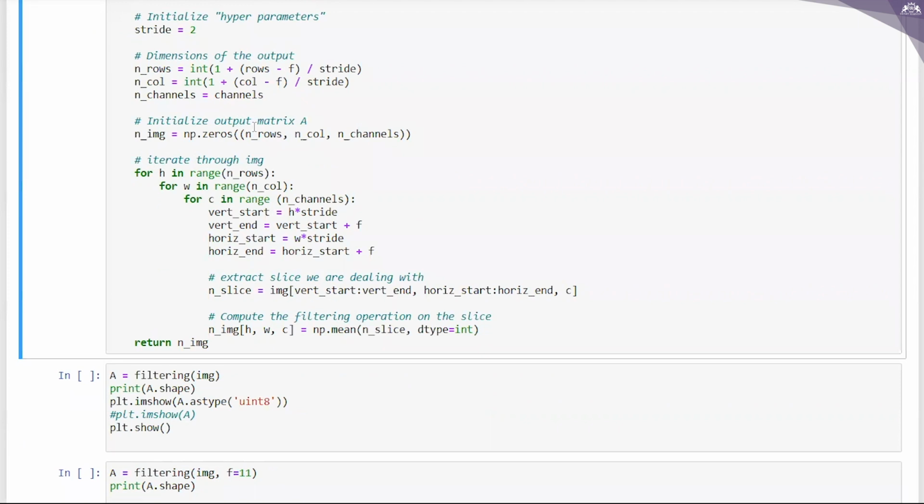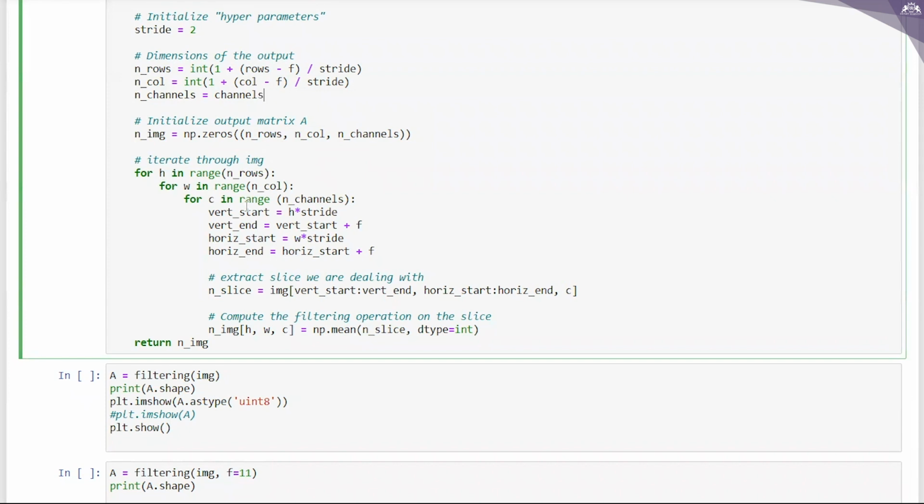Then I'm initializing the output matrix A. I'm writing np.zeros of n_rows, n_col, n_channels. These are the outputs, so this is the new image. Then I'm iterating through the image.